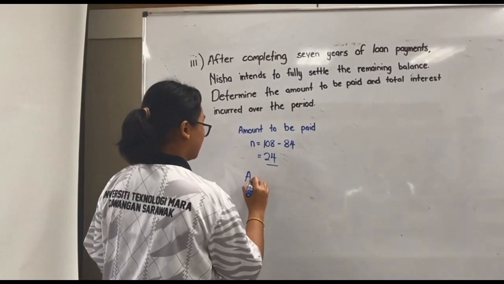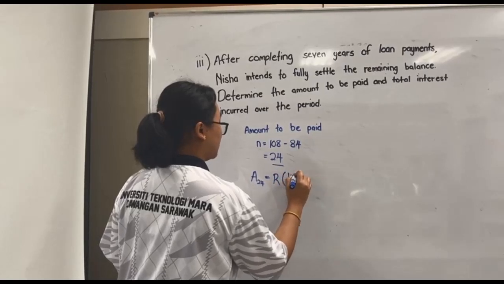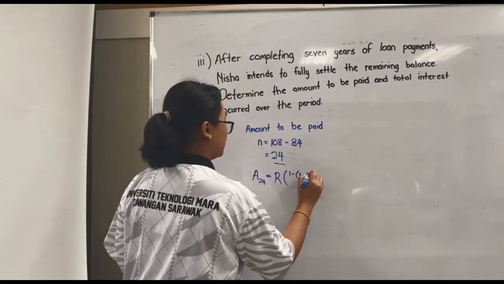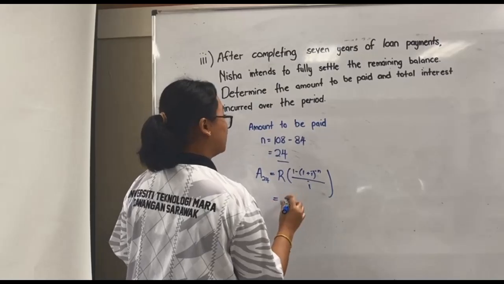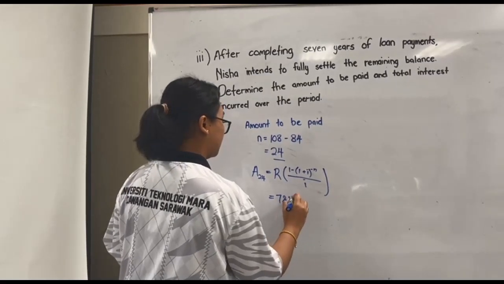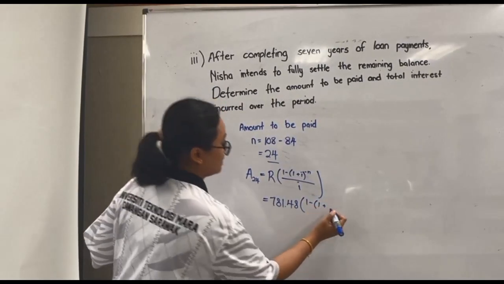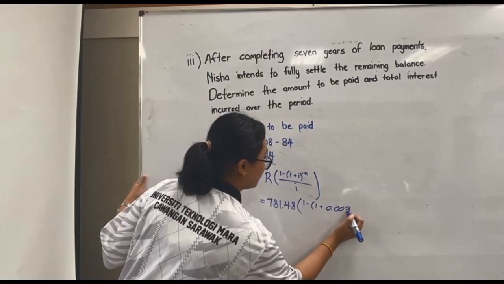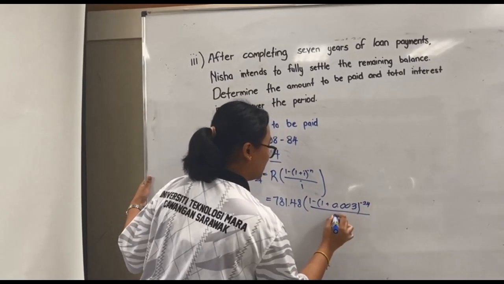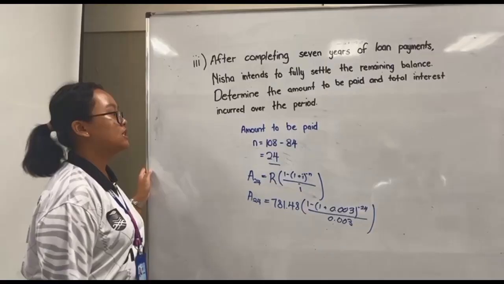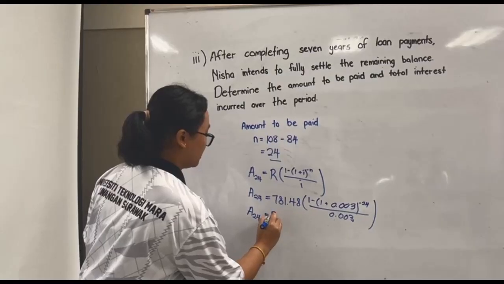So A24 = R[1 - (1 + i)^-n]/i = 781.48[1 - (1 + 0.003)^-24]/0.003. So the total amount to be paid is A24,